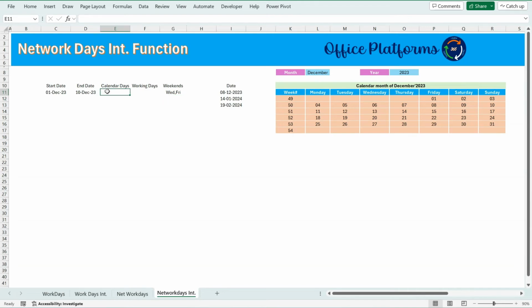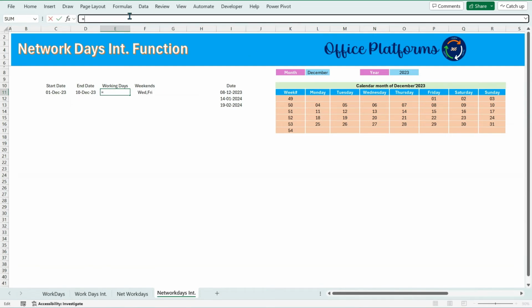Okay, and if I calculate the working days, that's right, net working days. Here, NETWORKDAYS.INTL, the first parameter is the start date, and then the next parameter is the end date, and then the